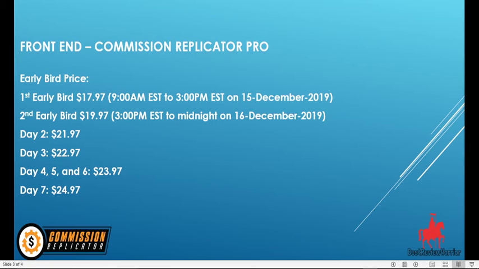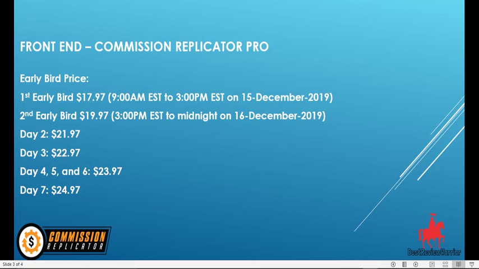The sales funnel of the Commission Replicator essentially looks like this. The front end comes with an early bird discounted price of $17.97, and this will be going on up till 3 p.m. Eastern on launch day.